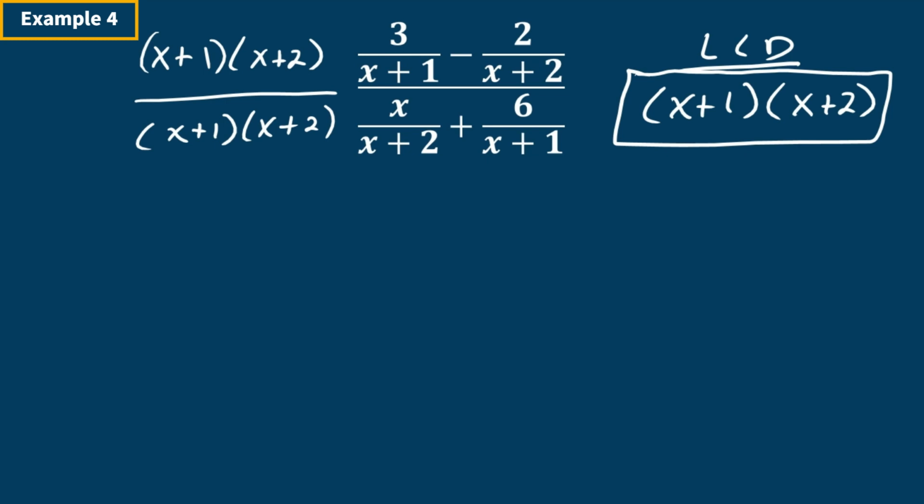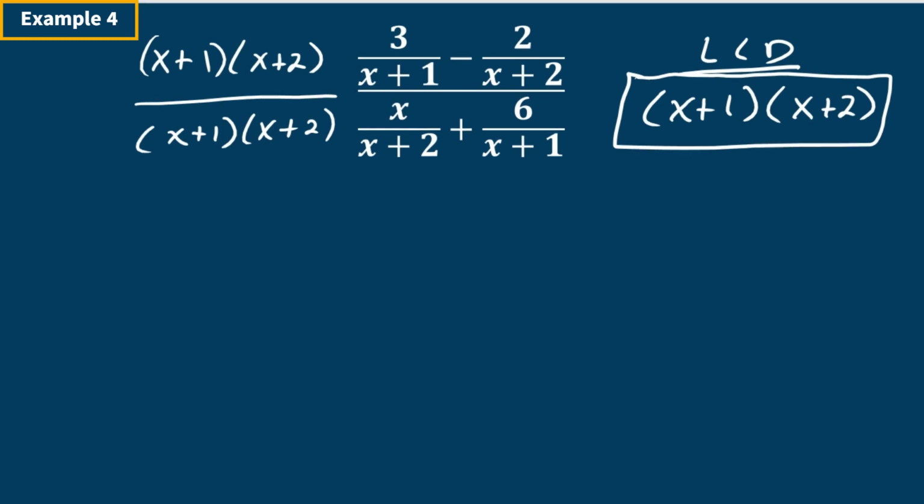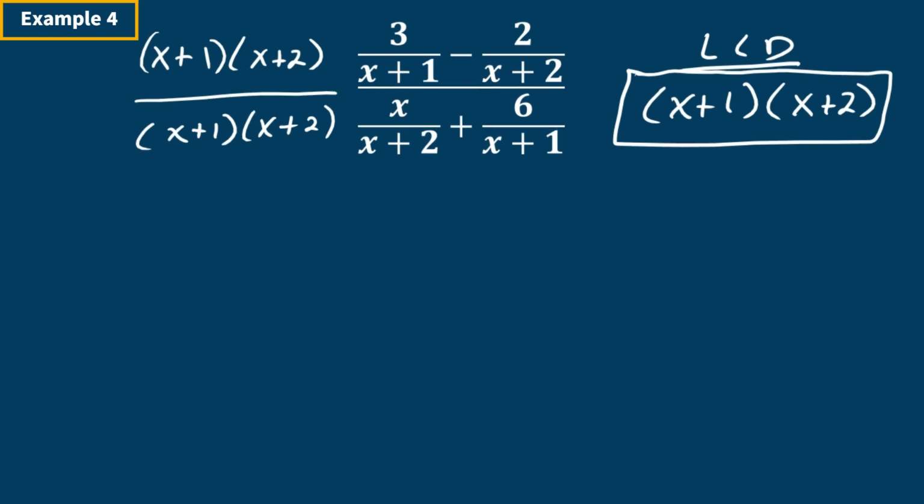So let's look at the 3 over x plus 1. We know that we're going to be multiplying that by x plus 1 times x plus 2. We can see which one's already going to cancel. So we know that this x plus 1 is going to cancel with this x plus 1. And the only thing that's left over is this x plus 2 here, which is going to be multiplied to